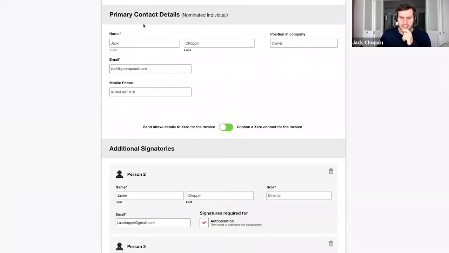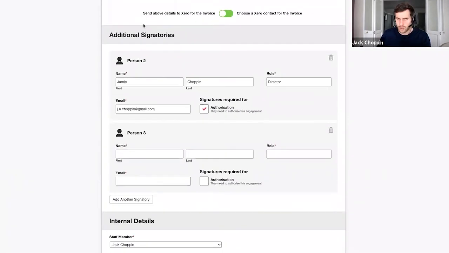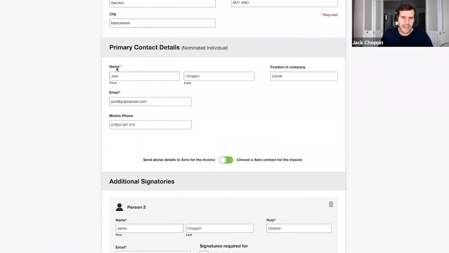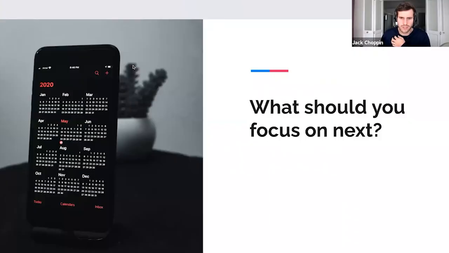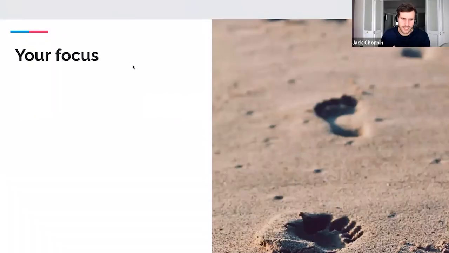Awesome. Okay, so yeah, in terms of what to look out for, guys, as I mentioned, in terms of privacy notice, that will generate a new little tick box in there. So that's just one thing to be wary of in terms of what I'm showing you there. That will update very soon. And in terms of the next steps and what to look out for moving forward, there's a few key things to consider. So when it comes to multiple signatures and what we should look at with this feature,